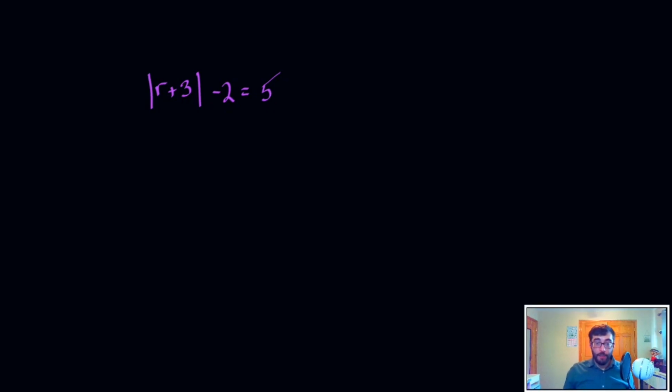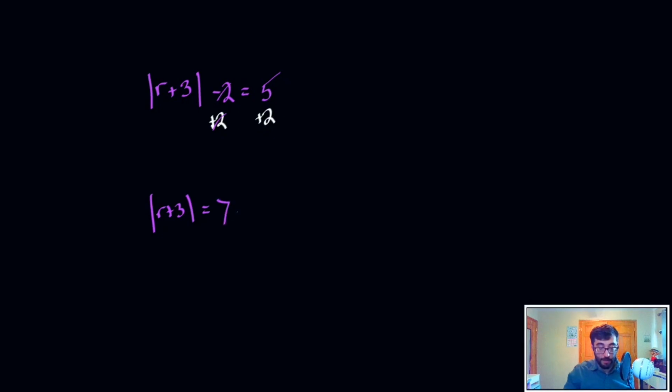Now, the first thing you always want to do, step 1, isolate the absolute value. So the first thing I would have to do is notice this minus 2 is not inside the absolute value, but it's on the same side of the equation. I got to get rid of that. So I got to move it over to the other side. You don't want to just throw it away. All right? Got to balance the equation by moving it to the other side. This is subtracting 2, so to undo that, I would add 2. Negative 2 plus 2 is 0. So this left side now is simply the absolute value of r plus 3 is equal to 5